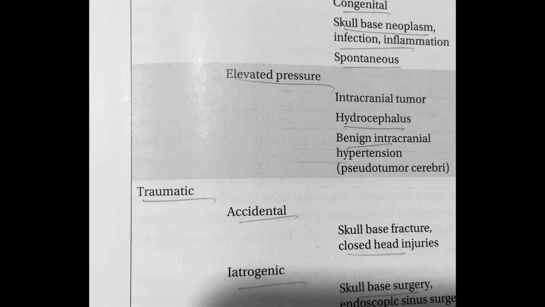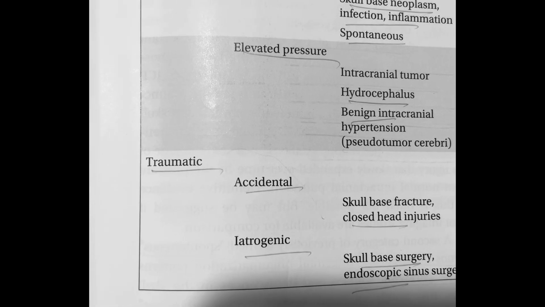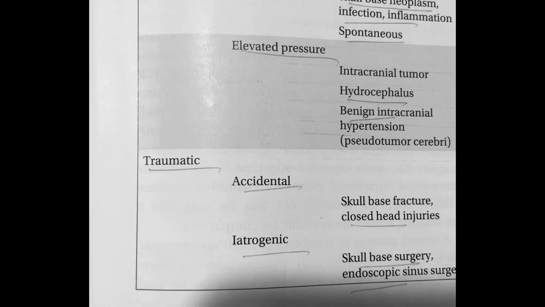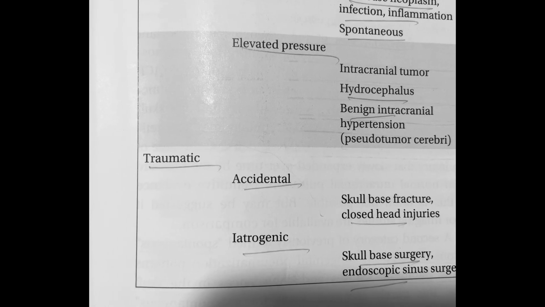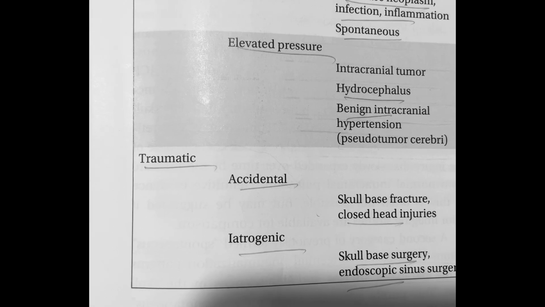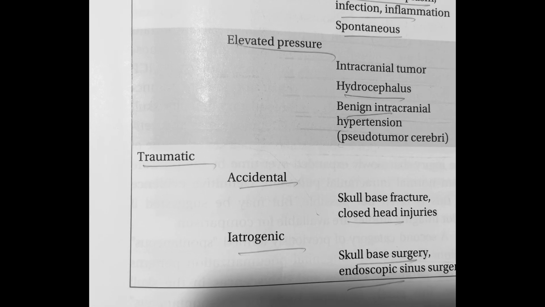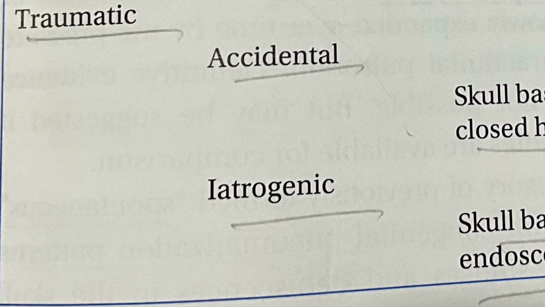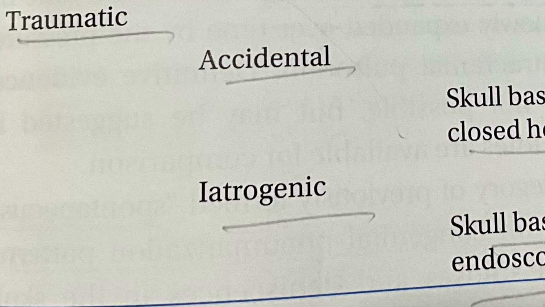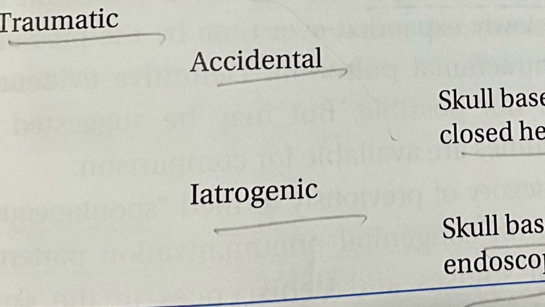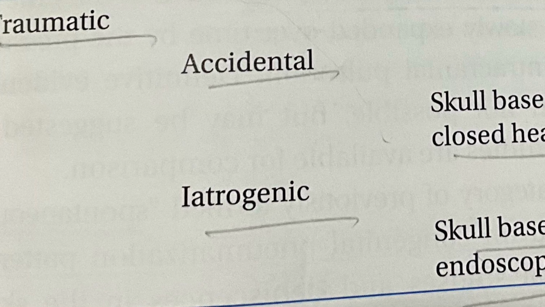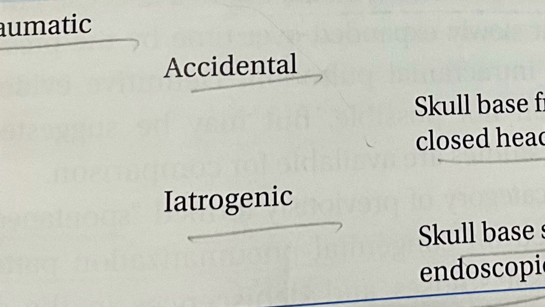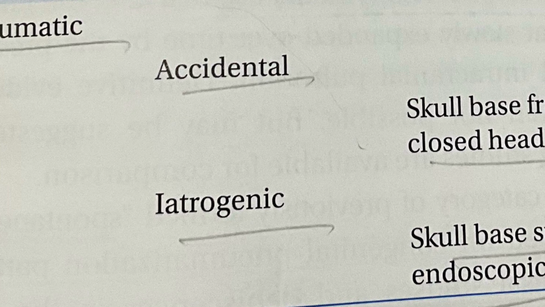Traumatic causes account for the majority of CSF rhinorrhea cases, approximately 80%. Accidental trauma, such as fractures of the skull base, often involving the cribriform plate, is a common cause. Iatrogenic trauma from surgical interventions, such as transsphenoidal surgeries for pituitary tumors or sinus surgeries, can unintentionally lead to CSF leaks. Penetrating injuries, though rare, such as gunshot wounds or stab injuries, can also result in direct disruption of the skull base.